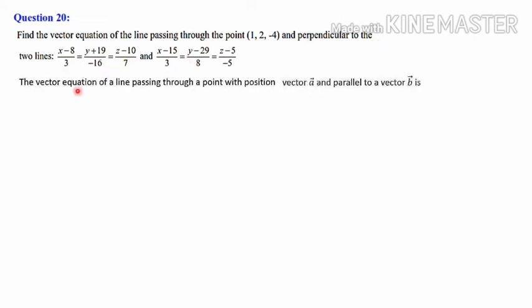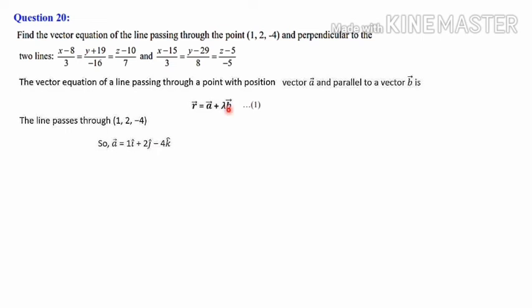So the vector equation of a line passing through a point with the position vector a and parallel to vector b, this is the known formula for us. So we will write that formula first, that is vector r is equal to a plus lambda into vector b. Here a is the position vector of the passing through point and b is the parallel vector. And from here we have to go to the question. By using given conditions, we have to find out vector a and vector b. So the passing through point is given to us, because of that we can calculate vector a. 1, 2 and minus 4 is the passing through point. Just similar to the previous question, we will write vector a is 1 i plus 2 j minus 4 k cap.